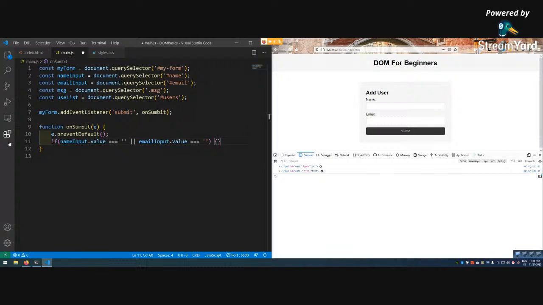If it is empty, this is just the case which we did right now, if it is empty, then what will happen, then msg